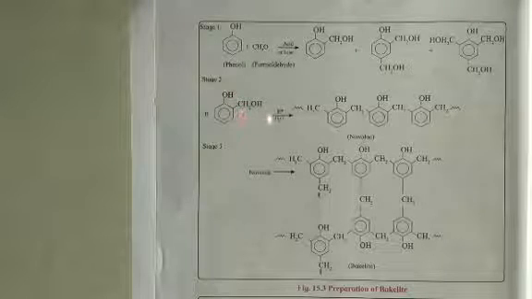See the reaction of bakelite. In stage 1, phenol and formaldehyde in the presence of acid or base form these structures. Then in the second stage, it undergoes condensation polymerization by removal of water molecules. It forms a linear structure known as novolac, the molding powder. In the third stage, this novolac forms the cross-linked structure, and this structure is known as bakelite.